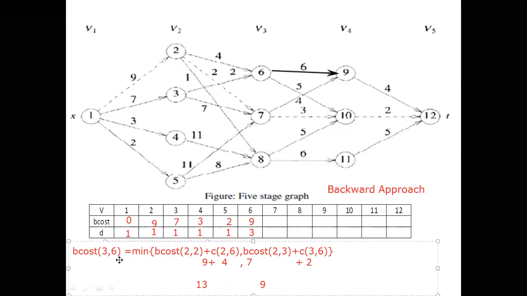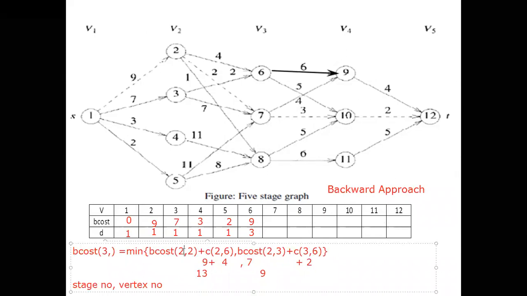Now, which of the values should I remove? I will remove all the values first. Then I will start with 3. I did not want to remove it because that stage only we are at. Anyway, 2, 2 I will remove. 2, 6 I will remove. 2, 3, 3, 6, 9. I will remove this 4, 7, 2, 9, 13 also.